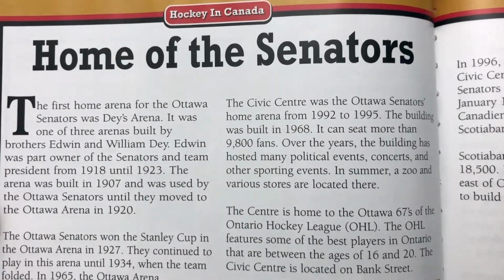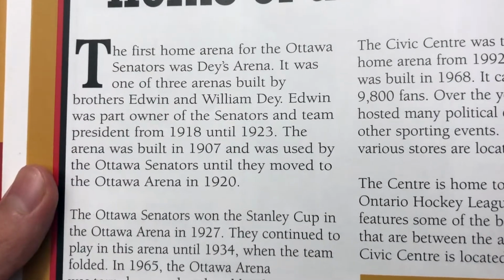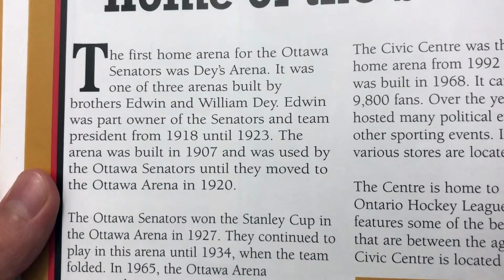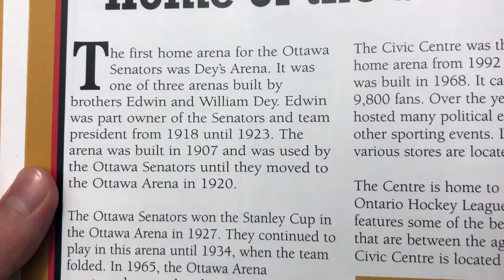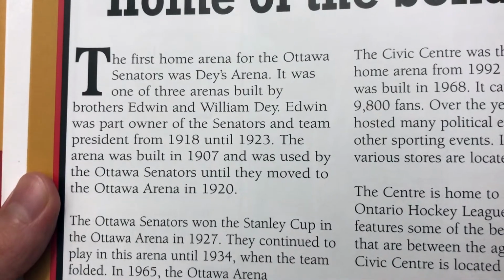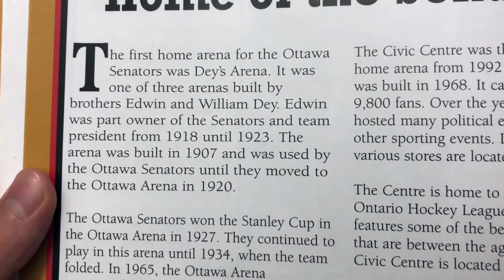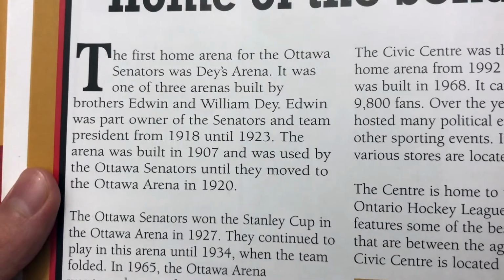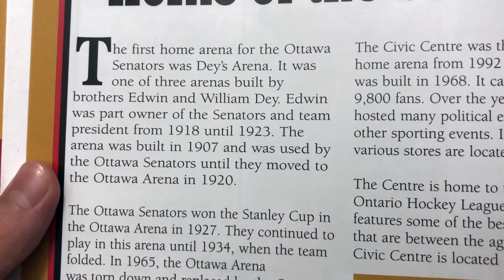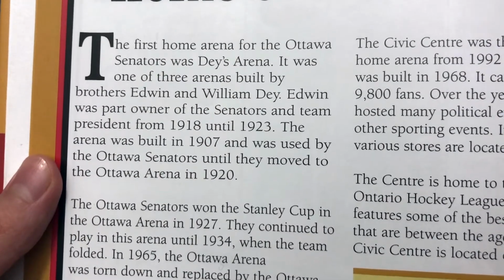Home of the Senators. The first home arena for the Ottawa Senators was Day's Arena. It was one of 3 arenas built by brothers Edwin and William Day. Edwin was part owner of the Senators and team president from 1918 until 1923. The arena was built in 1907 and was used by the Ottawa Senators until they moved to the Ottawa Arena